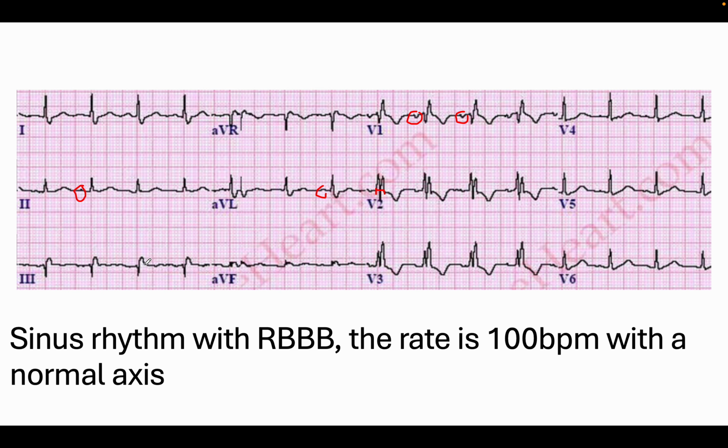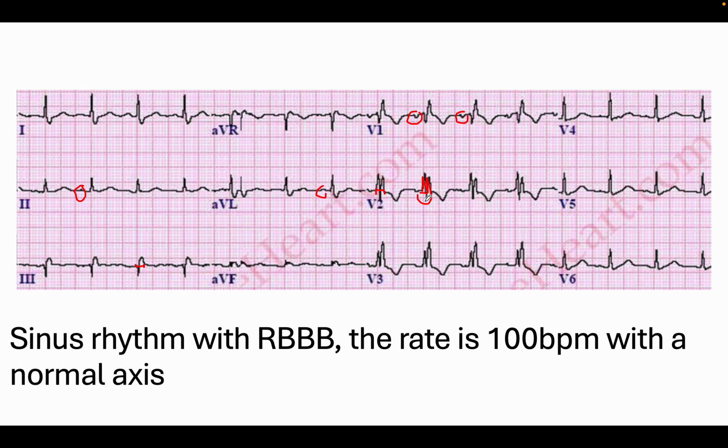And if you measure it from here to there, you can even see in that lead it looks broad as well. I know it looks like a funny shape again, but that means there's an underlying bundle branch block. So now you need to work out which bundle branch it is. If we look at leads V1 or V2, what can we see? We can see bunny ears. Yay! So this is right bundle branch block, the R standing for rabbit, or in this case, the right bundle